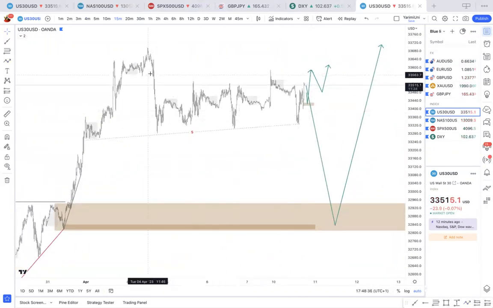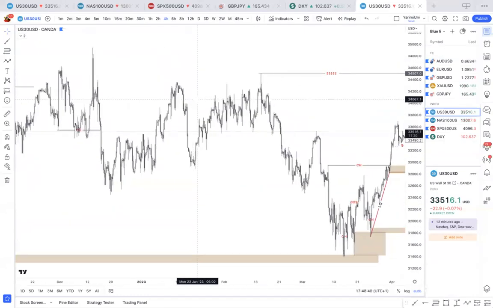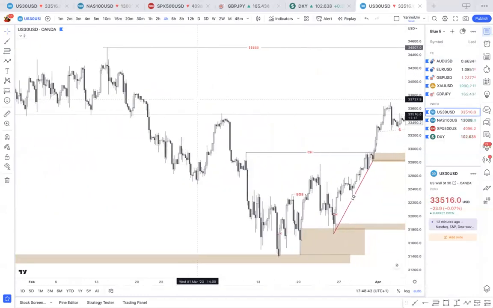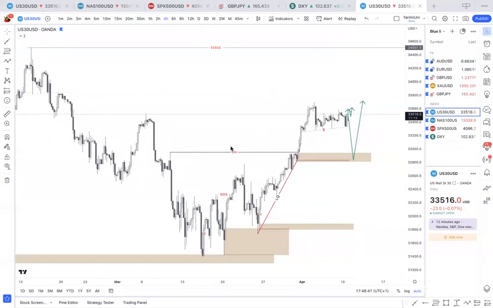On top of that, we have this liquidity here, and price has been bullish for the last couple of weeks. So it's not far-fetched to believe that price is just going to keep moving bullish. There are times when things like this happen. You can see it happening here, just for price to then come take it out. So I do expect price to eventually do this move here, where it will push down and take out the liquidity before pushing up. When that's going to happen, we don't know.